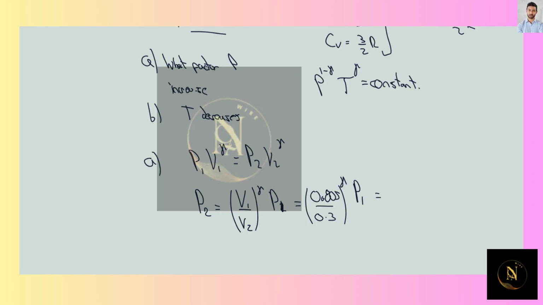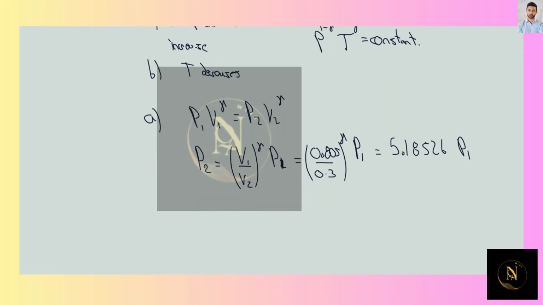So this would give us 5.18526 times the pressure P1. This is going to be the factor by which the pressure increases. So now, to know by what factor the temperature is going to change,